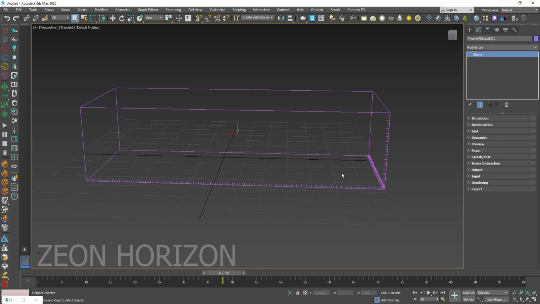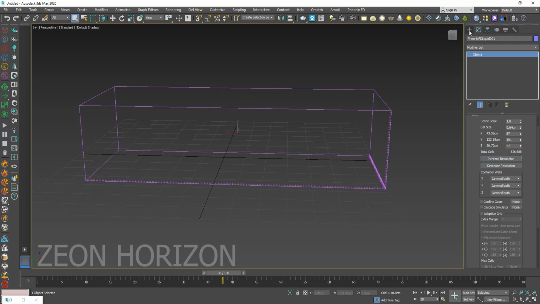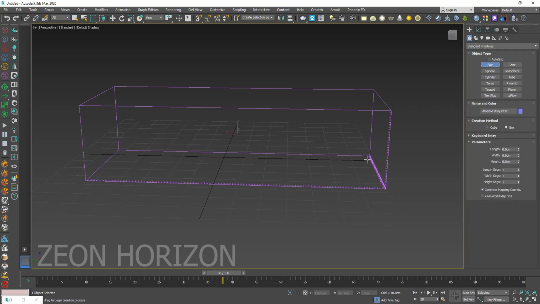Now we don't want any liquid to escape the container, so we are going to use the jammed boundary. So our liquid will not escape the container. Increase the resolution, and now let's create a source. Create a box like this